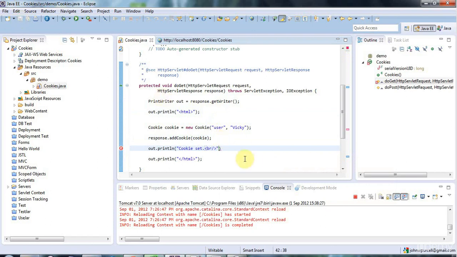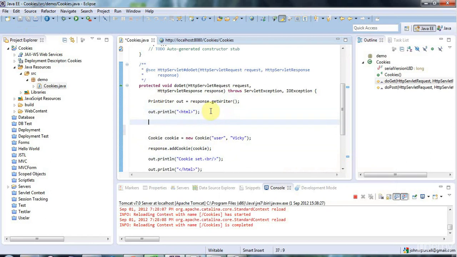Now let's have a look at how you get the available cookies, and there isn't a method for getting a cookie with a particular name. So it seems that you have to write that yourself if you want it. But there is a method that lets you get all the cookies, and then you can look at them one by one. And that method is, well, first we need an array of cookies. So I need to say Cookie array, and this is going to be all the cookies that are set by this site for this browser corresponding to this request. And I'll say cookies equals